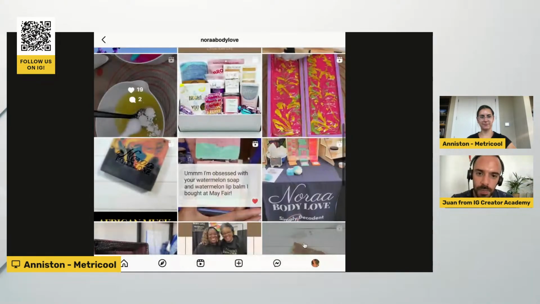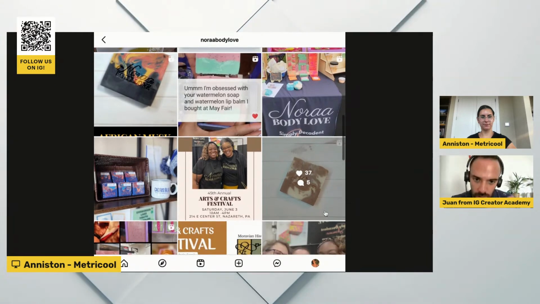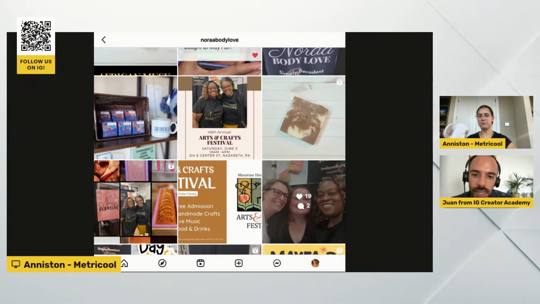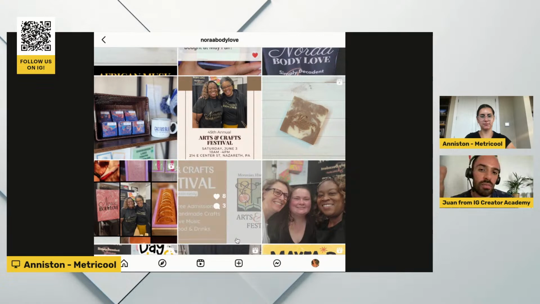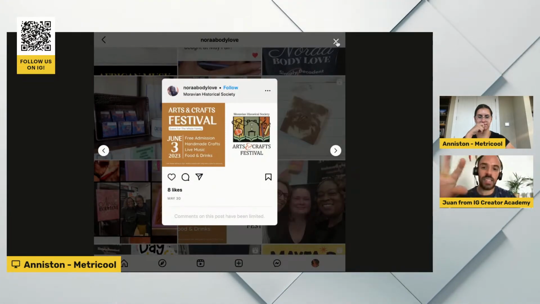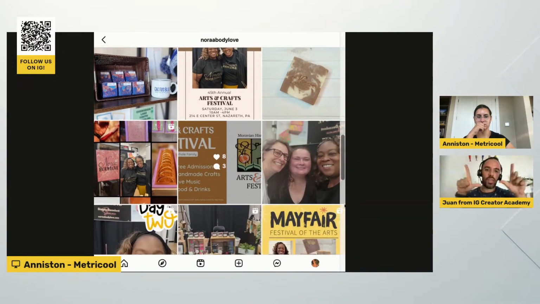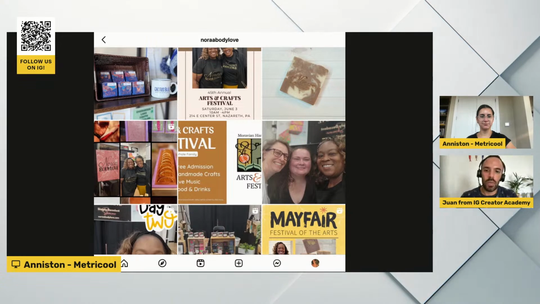Okay, let's see some others. Okay, I like that it's not only product here, but I do want to say that it does look a little bit messy. Like that image over there which says crafts, which is like half brownish, half white. That one doesn't look nice or appealing, and you can see that it's even a horizontal image for your content on Instagram. It should always be either a square post or a portrait post. I prefer portrait because they take up more space in the feed when people are scrolling down, so you can add more information. It just takes more space and makes your post stand out more.